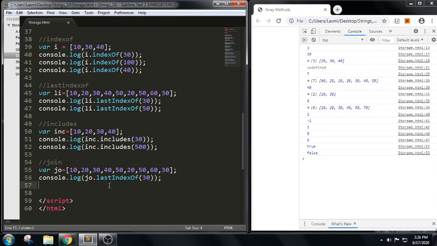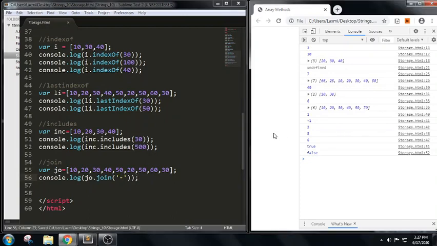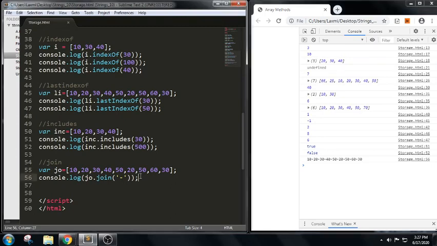Let me erase this one, and I'm trying to use a method called join here. In this join, I'm just trying to take a hyphen symbol. Can you see we got a hyphen symbol in between? If I place some star or underscore, based upon the character we give in the join, it will assign it between each and every array element.